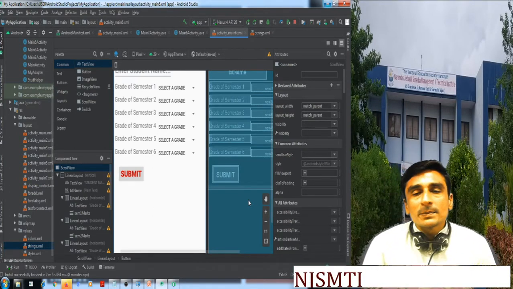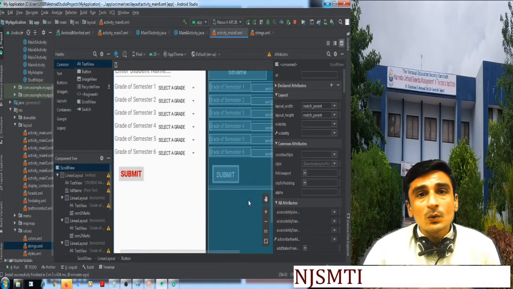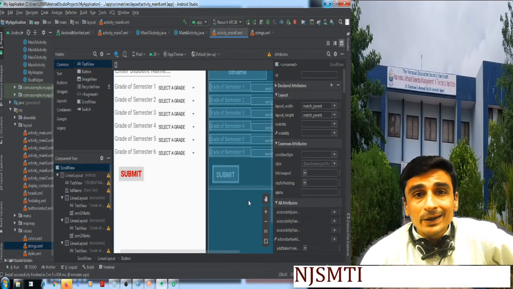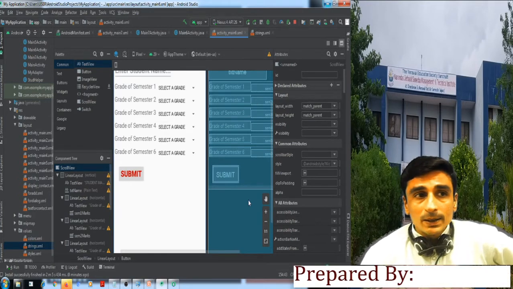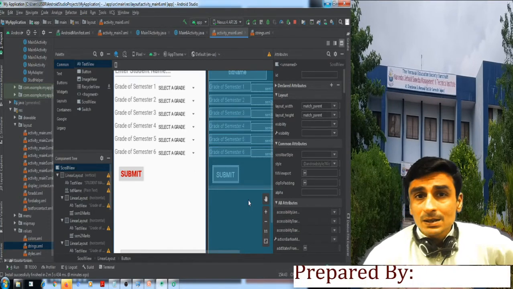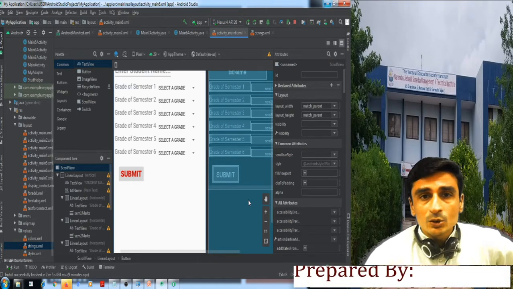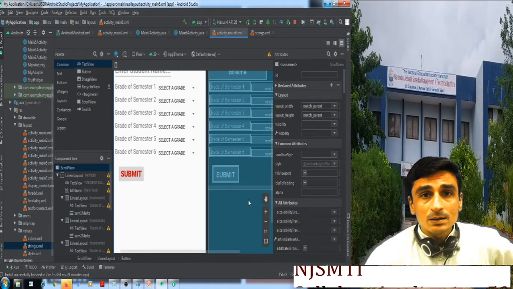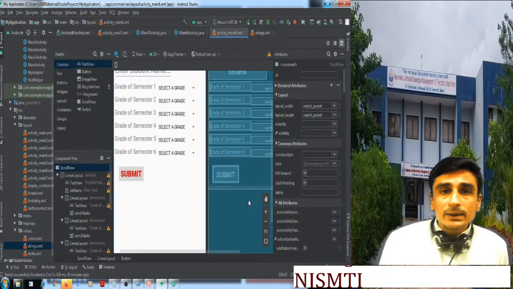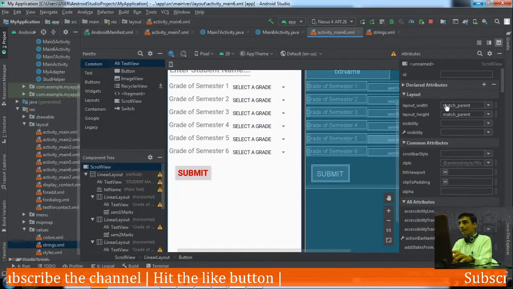Now, as it is a database application, and in my earlier videos we have discussed that for database transactions it is always a good idea to define a helper class. In application number 53 I have also defined a helper class, and in most of the database related applications I have defined a helper class. So here also we need to perform different database operations like insert, update, search. So before moving towards the activity, we will define a helper class. Okay, so let's do that.